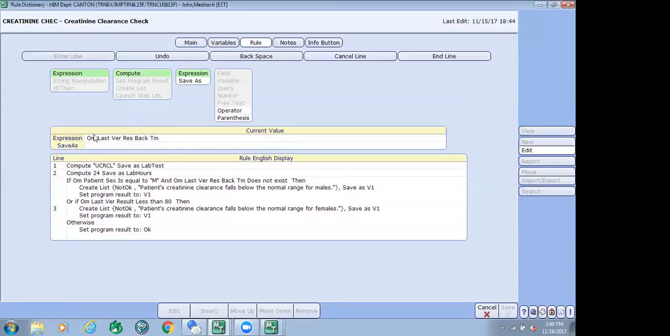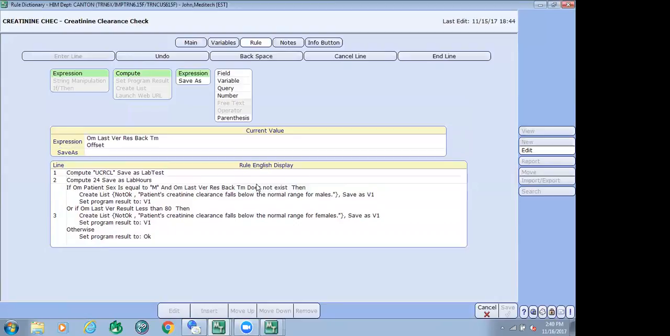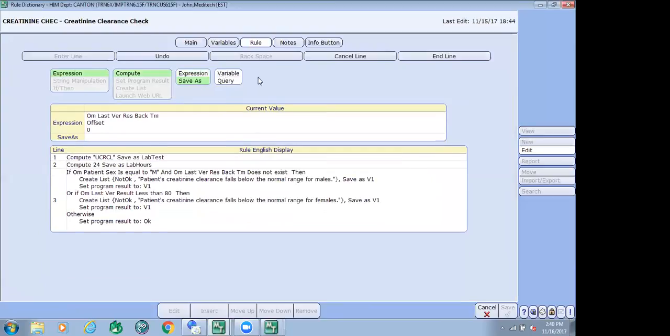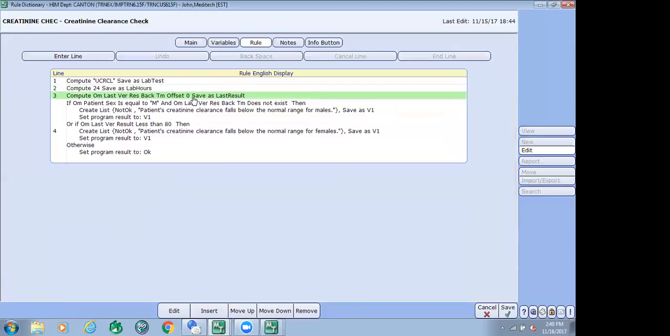So for that, we would do OM last verified results back time operator. We're going to use this offset operator, and we use that to pull pieces out of a list. When we're talking about list pieces, we always start counting at 0. So piece 0 would be the first part of the list, piece 1 would be the second part, and piece 2 would be the third. So we'll say offset 0, save as last result, and that would then hold the result instead of just the